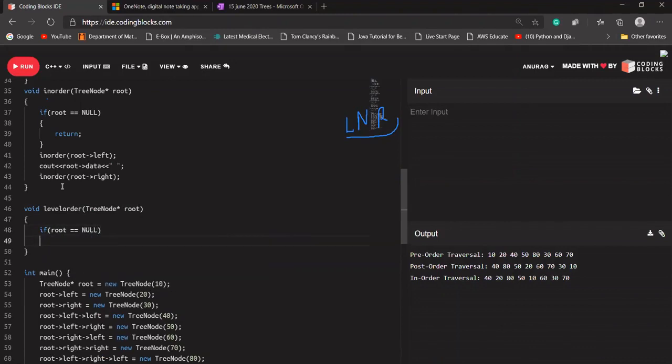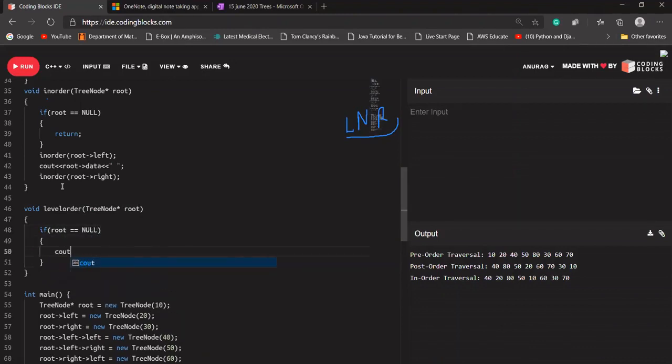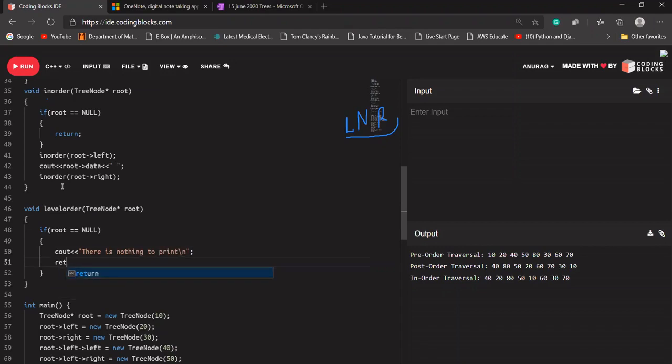If it is equal to null, just say that there is nothing to print, and return from here. Do not do anything.